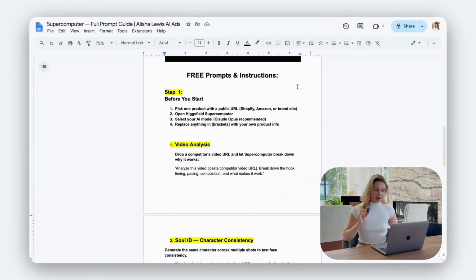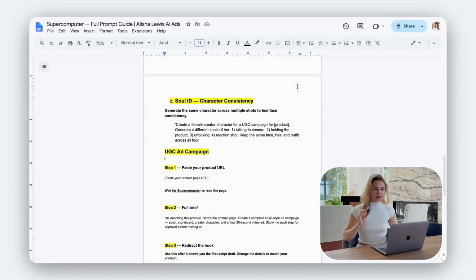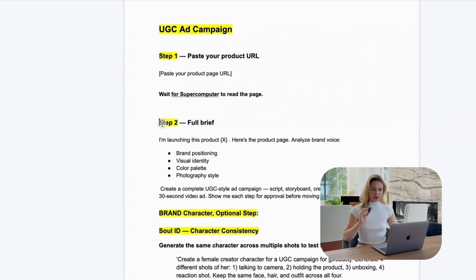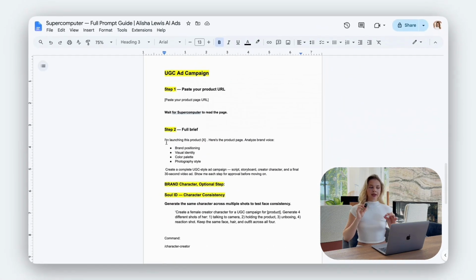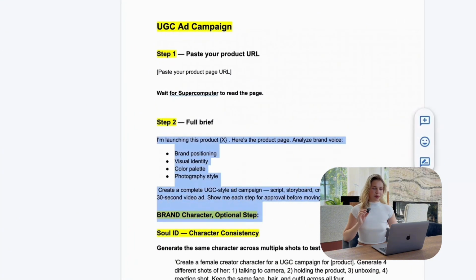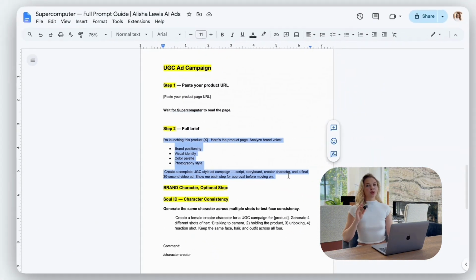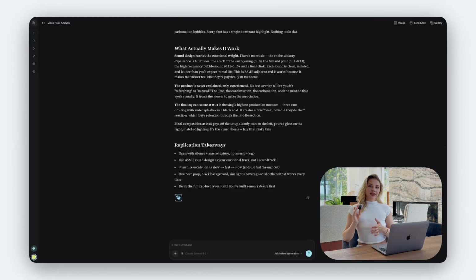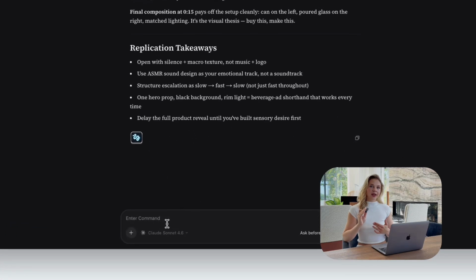For that, we're going back to the Google Docs and scrolling down to step number 2, which I called UGC ad campaign. But this template works for 2 formats, so don't be afraid of the word UGC, because you can easily swap it to the TV style ad, which I'm going to do right now and show you how it works. So TV style format is one of the formats that you can create by using this method,